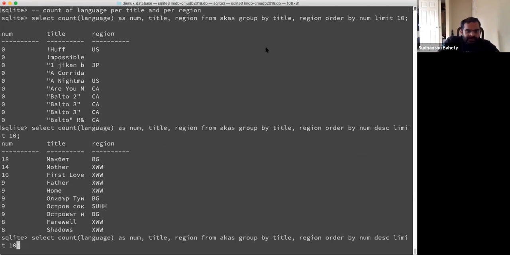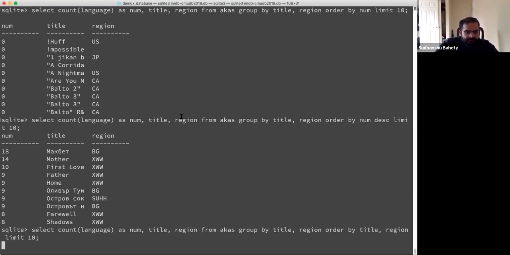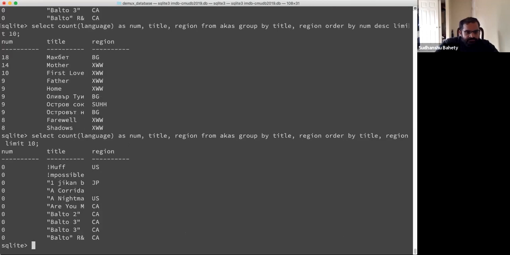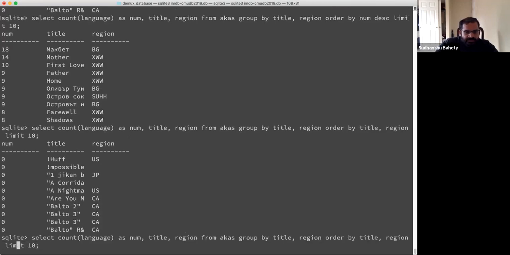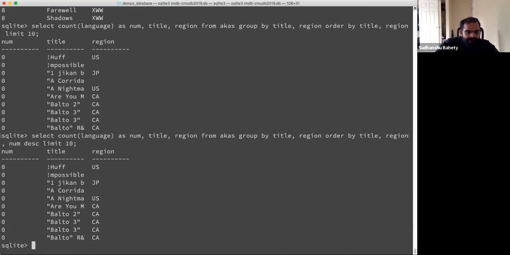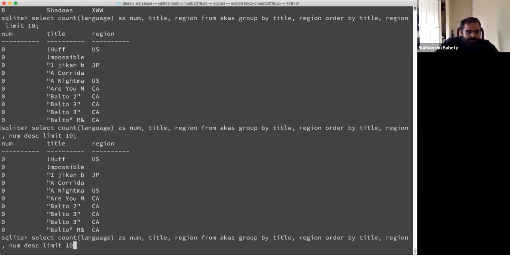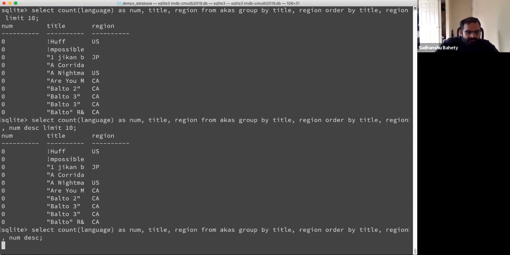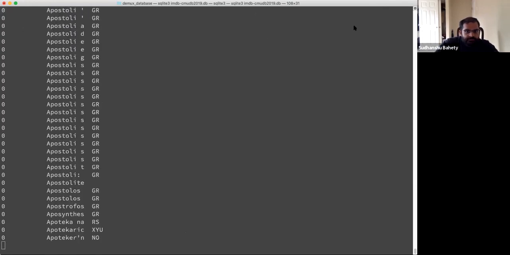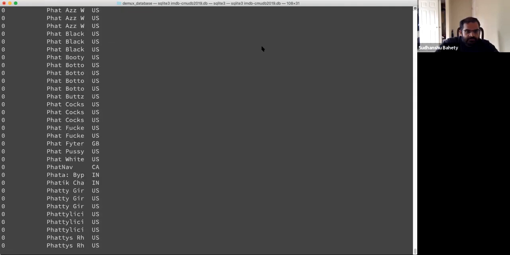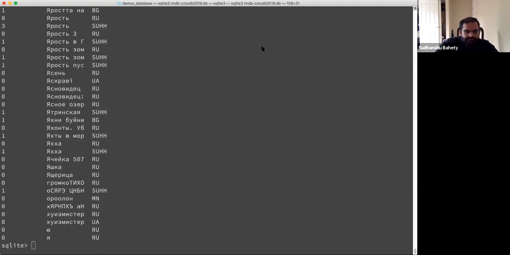Yes. I think this is not a good visualization. I should do order by title, region. Order by title, region. Then descending. Okay. So if I remove this,